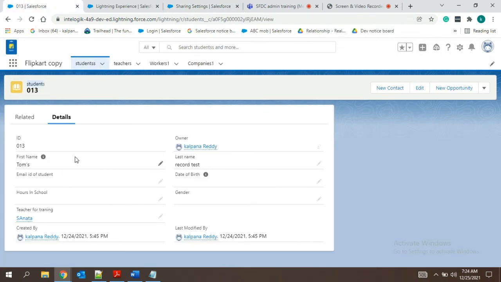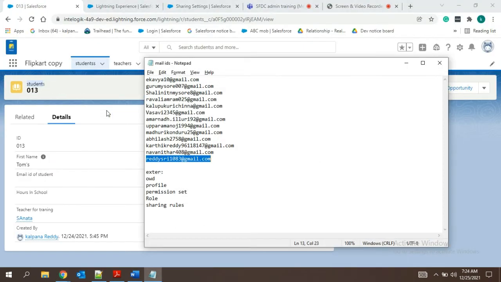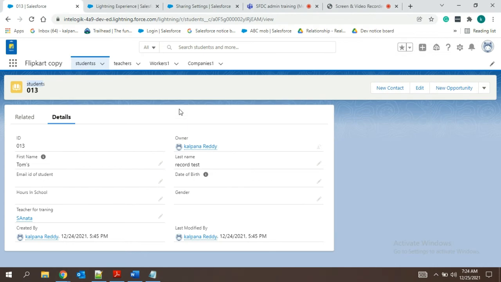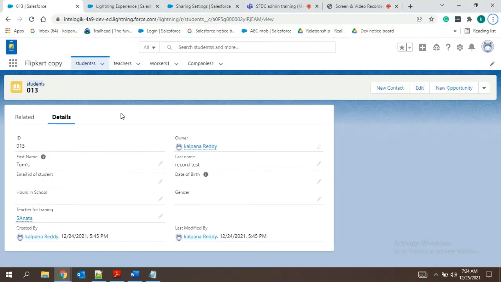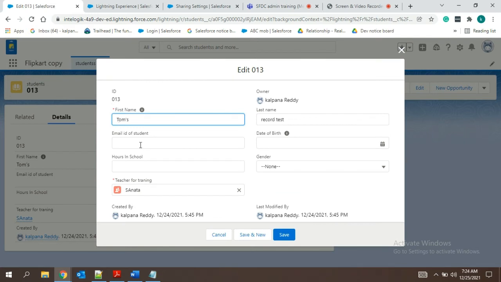I can see the record, and I will have the editing option and even write action. Write means changing the ownership. Edit means just editing the fields of the same record. Like this, if I click on edit, I'll be able to edit any of the things.